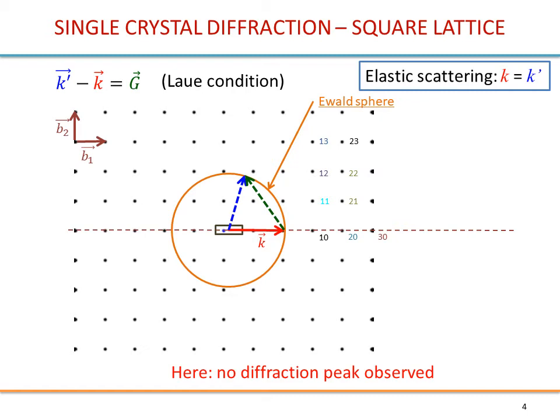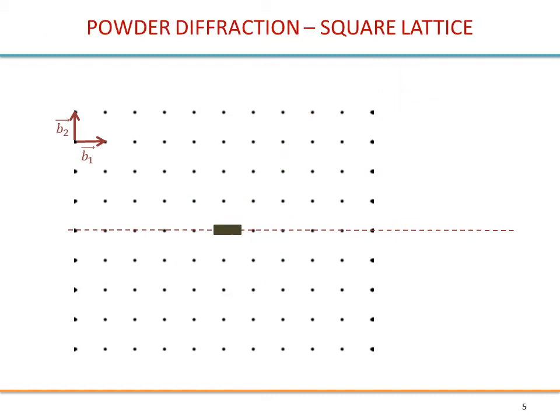reciprocal lattice will be rotated, and we will have lines, and our effective reciprocal lattice will be made of lines, in fact of circles, and of course rotated about this point 0. Let's see. So we have our vector k. Okay, so the 1, 0, which was here, is now rotated. Our reciprocal lattice is now rotated, so we have lines instead of points.